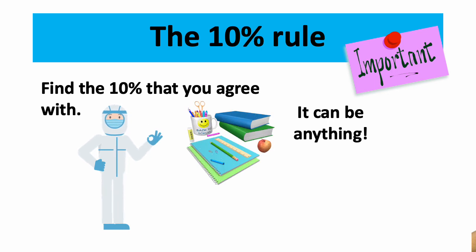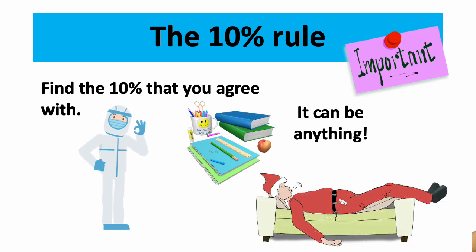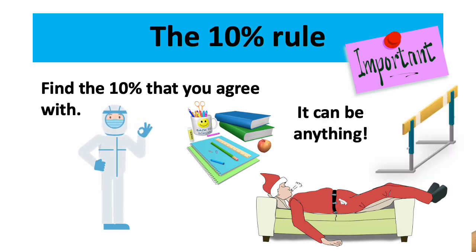It can be as simple as saying, I know that we are both here trying hard to study for the exam. Or, we are both exhausted right now. I hear you when you say that you are tired. Or, yes, I agree, this is a challenge, this is a barrier. The point is that you look for anything from what the person is saying, from the situation, from the context that you agree with, and then you state it. You state that you agree with it, and now you can go from there.